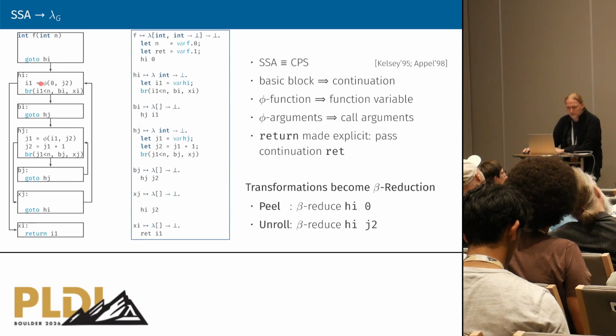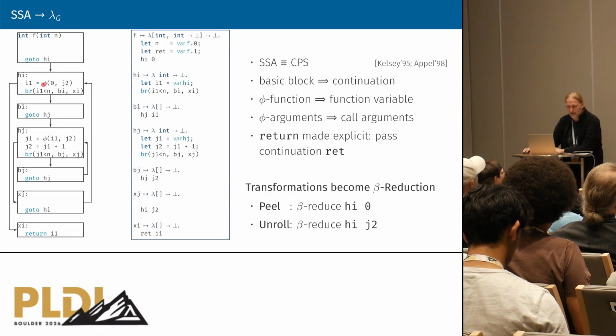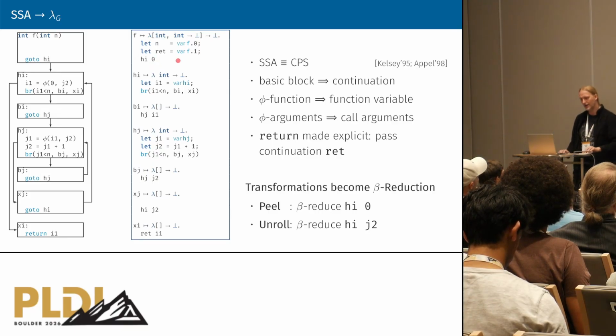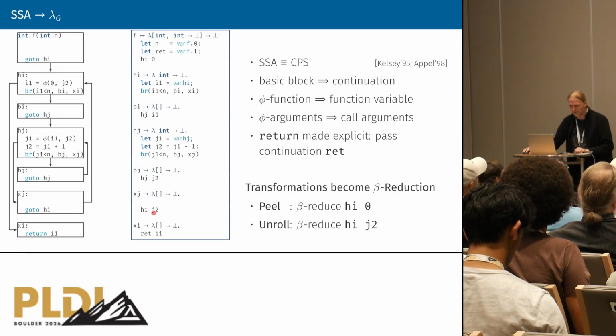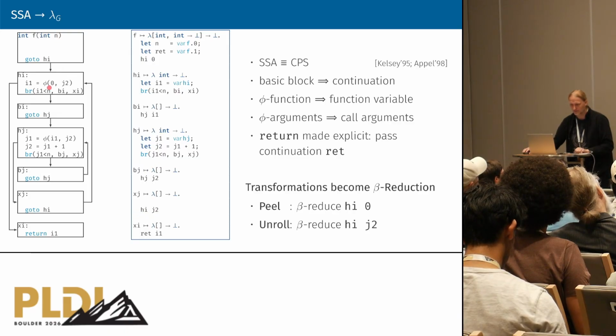Another thing is what becomes of those phis here. We can see, for example, here this loop header hy. This phi thing becomes a parameter of this function here. And this argument 0, we are passing that. So this goto just becomes a function call. And we are passing this argument as argument to this function. You can see how this plays out in this other recursive call where we are passing J2 to this loop